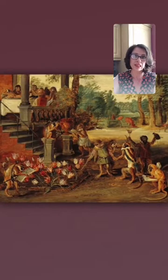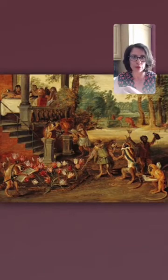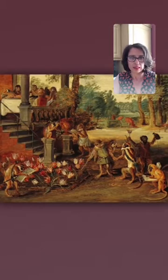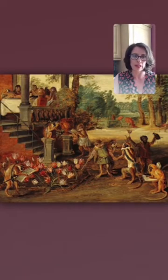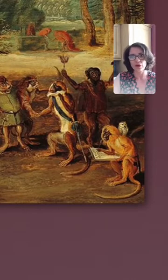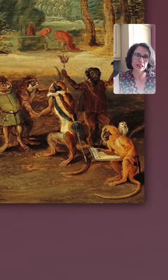So this is a detail from the lower left corner of the painting, and you can see there's quite a lovely little patch of tulips in the bottom left corner, and there is a monkey pointing. So there's a monkey right in the centre of this detail that is pointing to this patch of tulips with a cane, and then further to the centre of the painting, so there you can see on the very left hand side the monkey who's pointing to the tulips with a cane,